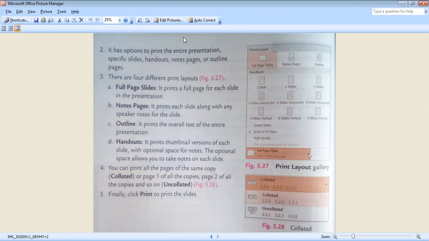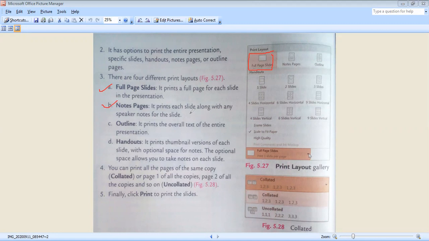The first one is full page slides. It prints a full page for each slide in the presentation. Similarly, you have notes pages. It prints each slide along with any speaker notes for the slide.